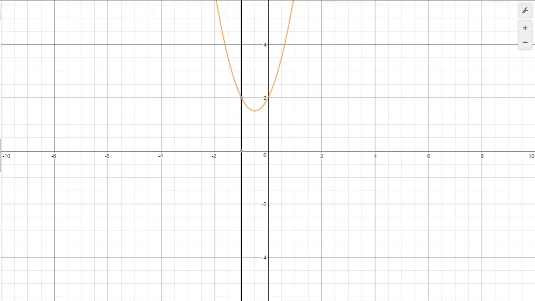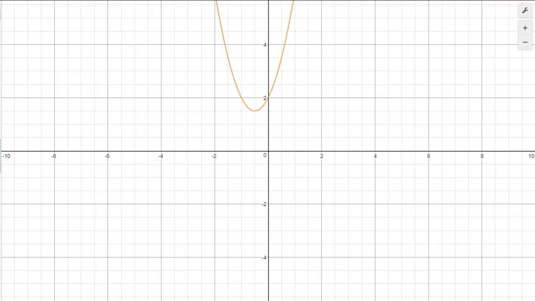So if we draw a vertical line and it only intersects our relationship at one point, then that's a function. As you can see right now, this is a function. But we're talking about inverses, and we want to find what the inverse of this function is and whether or not it actually has an inverse. Well, for the graph of an inverse,